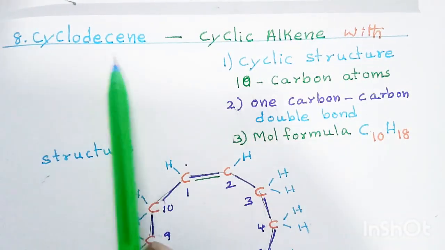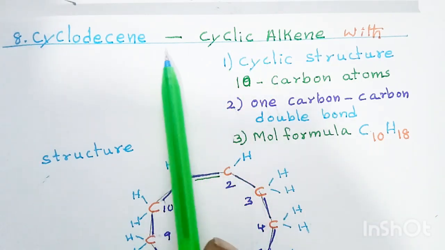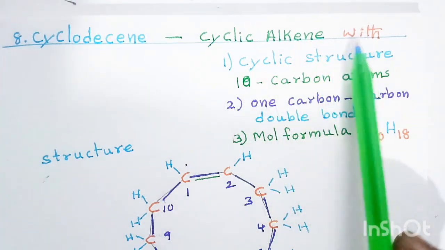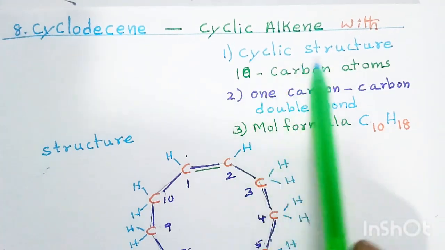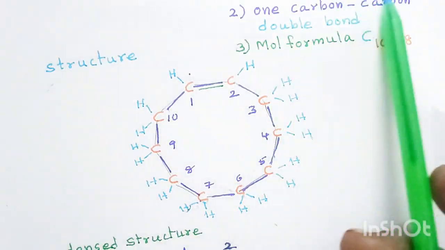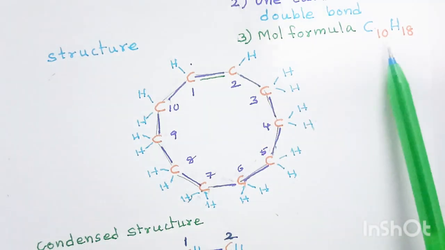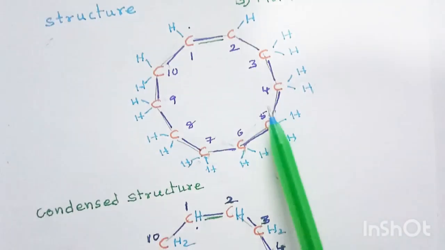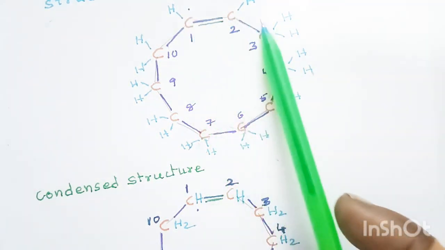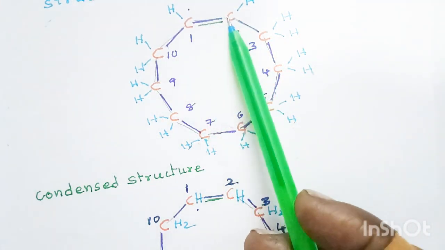Cyclodecene. Dec represents 10. Ene represents a double bond. This is a cycloalkene. It is having a cyclic structure with 10 carbon atoms and 1 carbon-carbon double bond. Its molecular formula is naturally C10H18. Okay. So we draw a ring-like structure with 10 corners, and at each corner we draw a carbon atom,